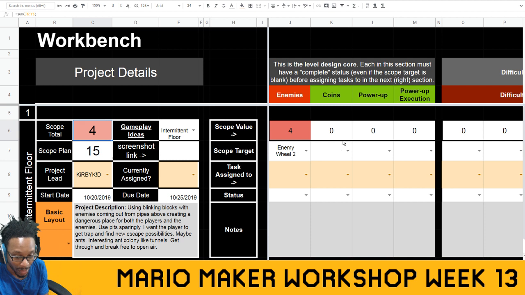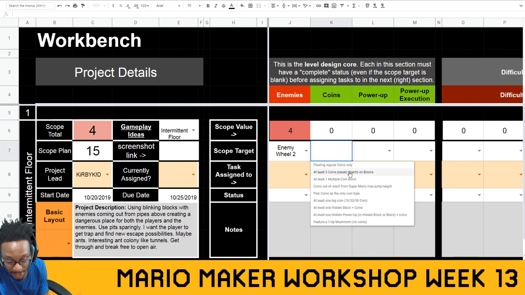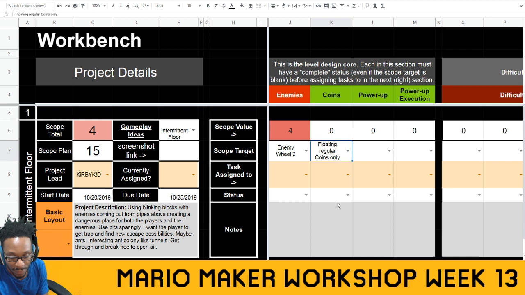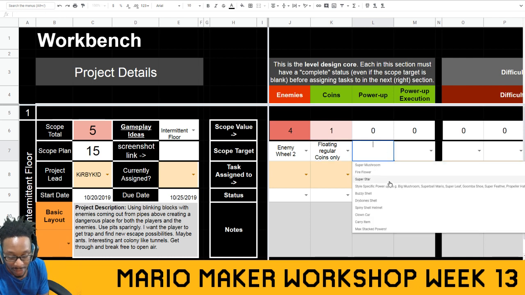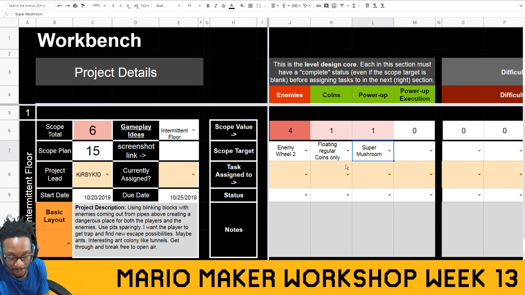Okay then, coins. All right, floating regular coins. At least 3 coins placed directly on blocks. At least 1 multiple coin block. Coins out of reach from Super Mario. Pink coins. At least 1 big coin. At least 1 hidden block coin. We'll just do floating regular coins. Nothing too crazy. This level, let's just get this idea across and not try to do anything too crazy. Let's just, for damage boosting, let's just do 1 super mushroom. Nothing crazy. And how we're going to execute on this is, let's do something unique with